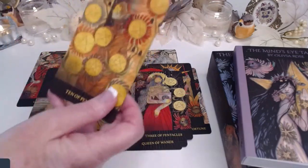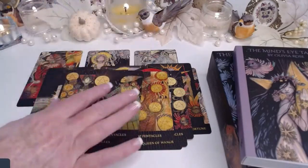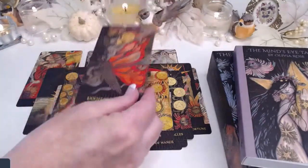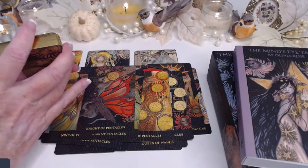10 of Pentacles. I like the energy in that 10 of Pentacles. Page of Pentacles. Look at the Knight. Isn't that gorgeous? Is that not gorgeous? That is gorgeous. I just want to do a quick shuffle because I think that this is because of the